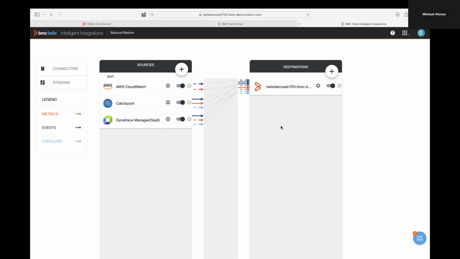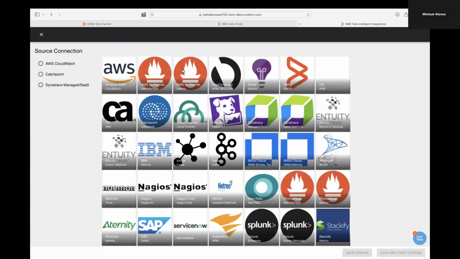If you have a networking tool that's getting very detailed, granular network maps, we can overlay that type of information to give you a very complete picture of your environment without having to instrument a bunch of additional tools, taking advantage of what you have. Really simply, we have tons of these out of the box and we add them very often. And these are just some of the examples of what we have out of the box. And these are all point and click integrations to set them up.